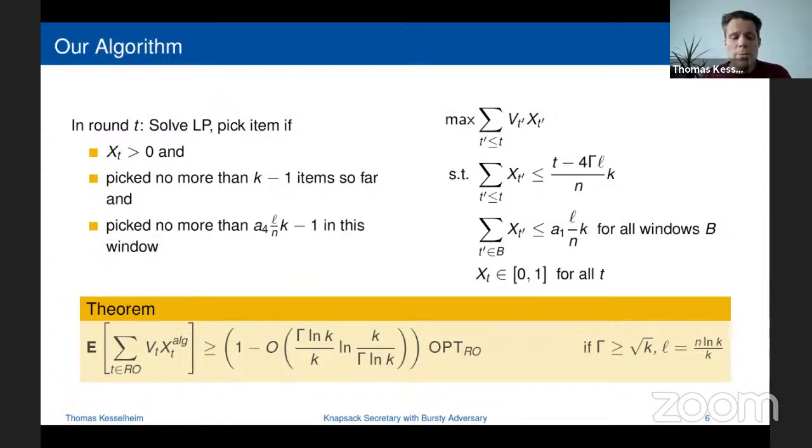The important thing is we compare selections in the random order rounds to the random order optimum, and whatever happens in the adversarial rounds, we ignore for the benchmark. Otherwise the adversary could make everything that happens in the random order rounds worthless and only present something of any value in the adversarial rounds. And let's leave it at that for the time being.